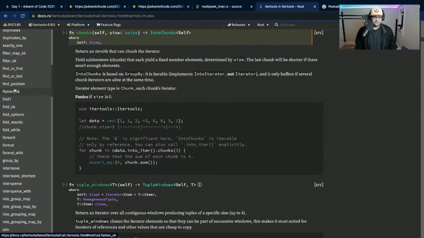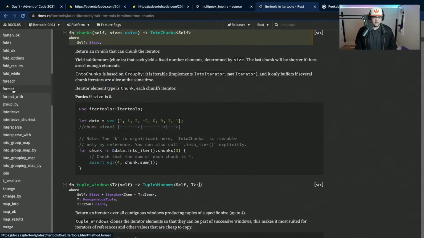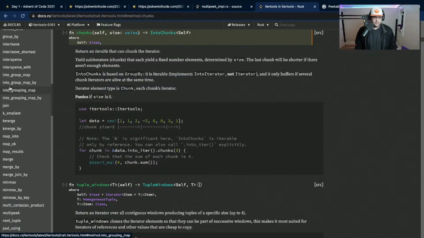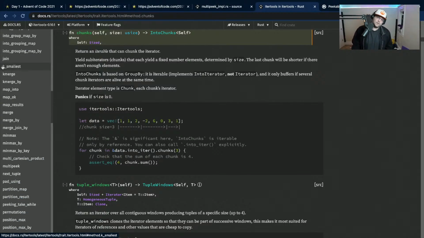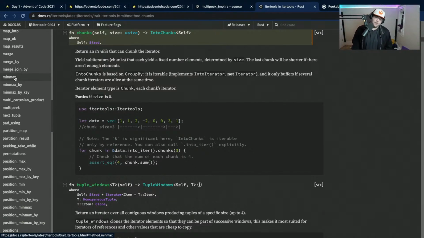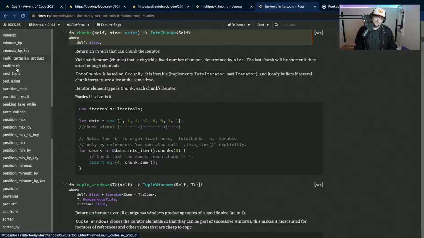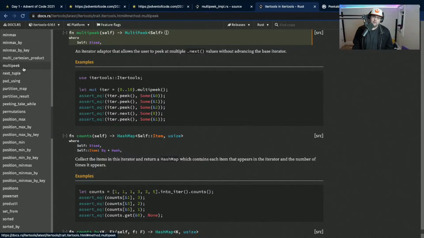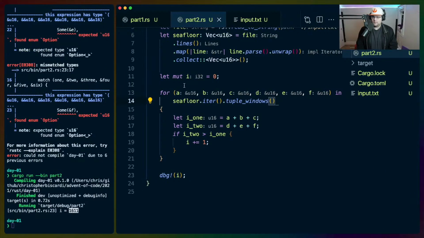Filter map, first to last, find position, fold options, for each, format, interleave, intersperse, into group map, join, smallest, merge, map. Multi-peek. Oh, there's the docs for multi-peek. See, but this shows that it should have worked too, which is really confusing to me. So maybe I just rewrite it.